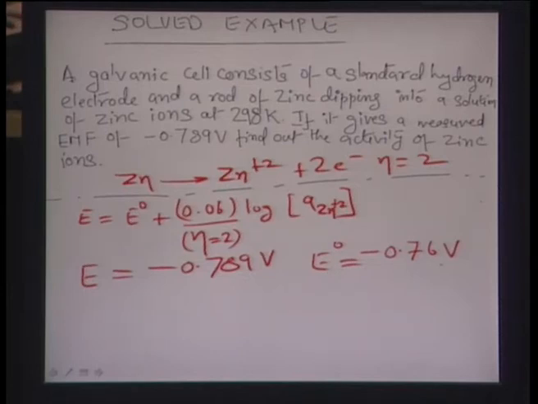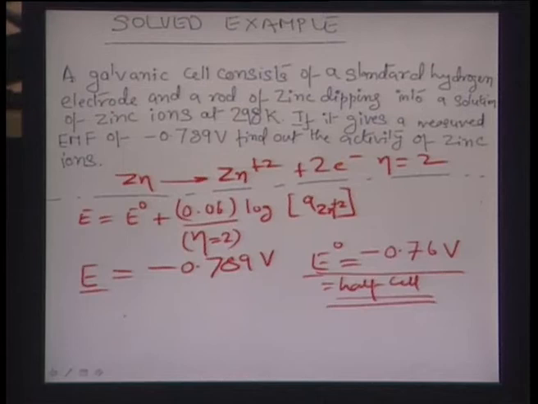So, this is essentially the half cell potential. If you remember, we had discussed a table wherein all these half cell potentials were found out by connecting the respective cell to a standard hydrogen electrode. So, from this equation, therefore, substituting the values of E and E0 and n equal to 2, we obtain the